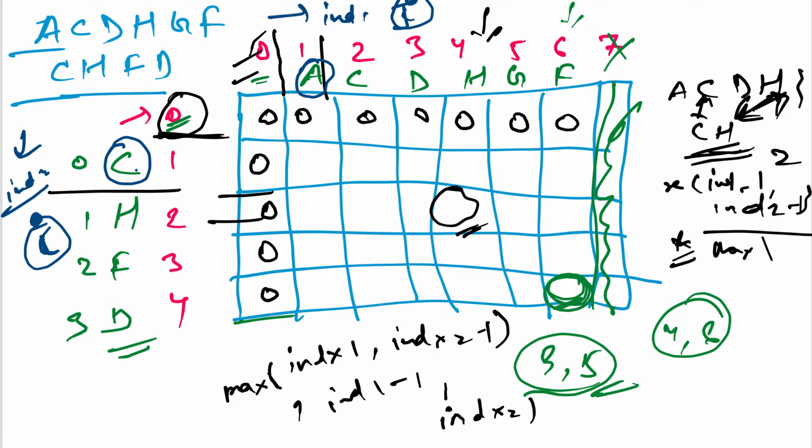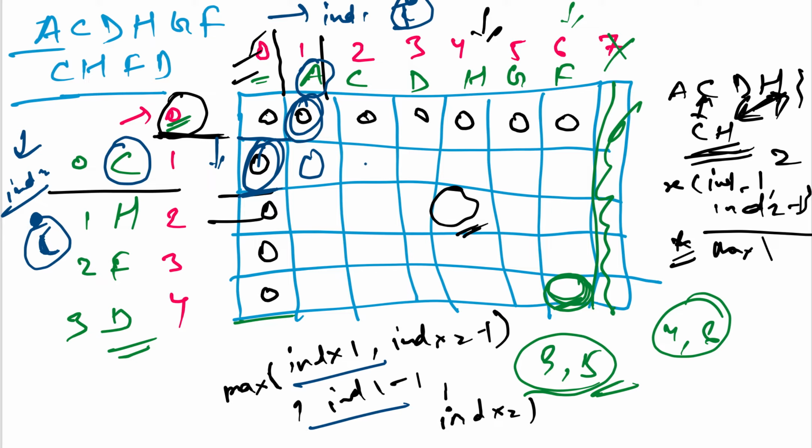So A doesn't match with C. What we have to do, we have two cases. First we will decrease I and keep j as it is, and then we will decrease j and keep I as it is. So we have two options. We decrease I, that means we are decreasing I, this is I, so we decreased I and keep j as it is, 0. And when we decrease j and keep I as it is, these two options we have. So we will get the maximum of these two, that is itself 0.